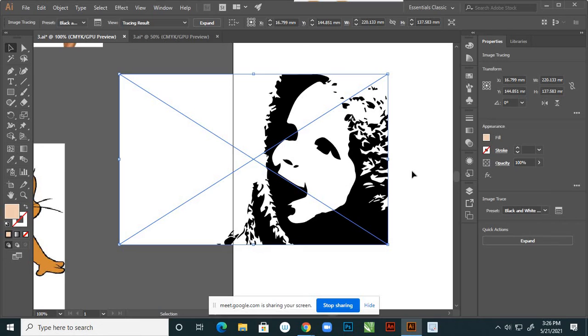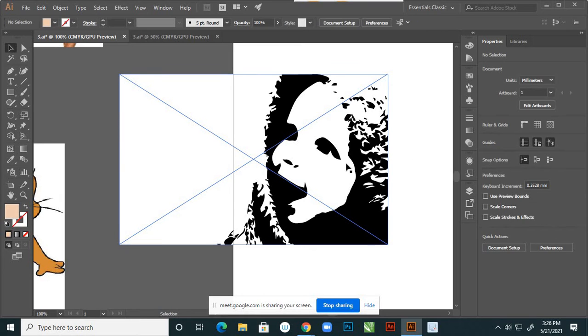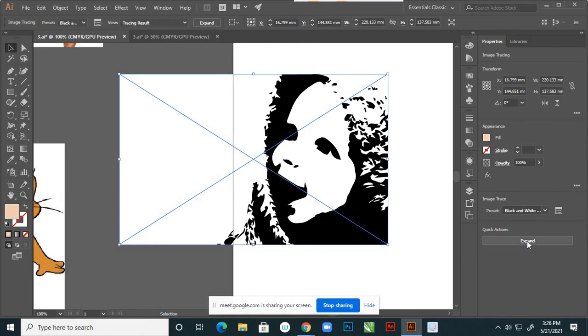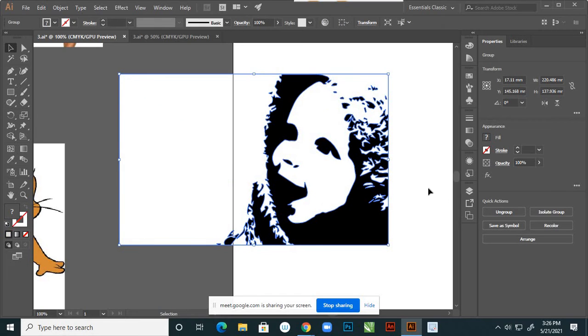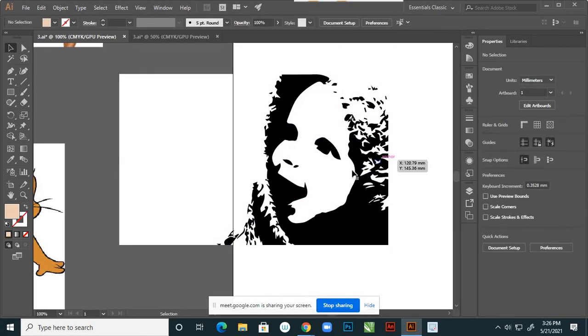So yes, we are beautiful. See, it is converted. Your realistic photographs, Illustrator automatically converts into logo-like images. So logos, see, it is in black and white. Now you can expand this. Expanded. After expanding, what? Expanding means your image is divided into portions, parts by parts, right?